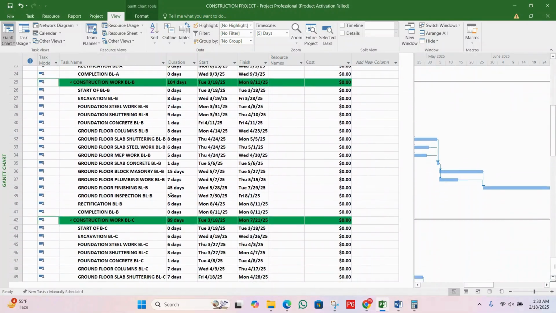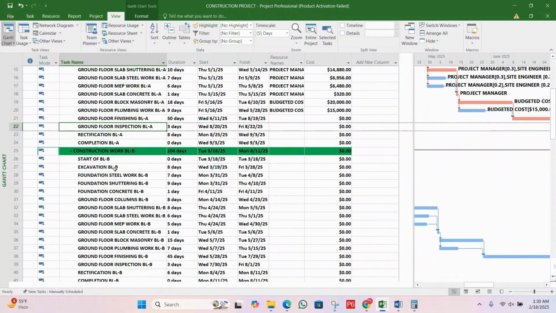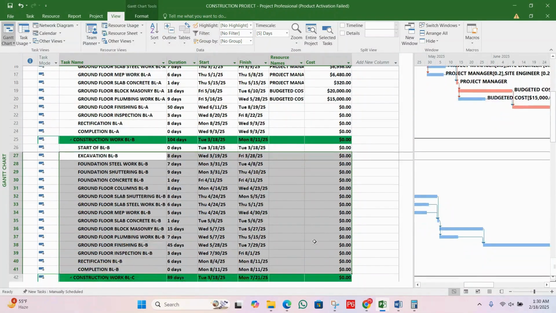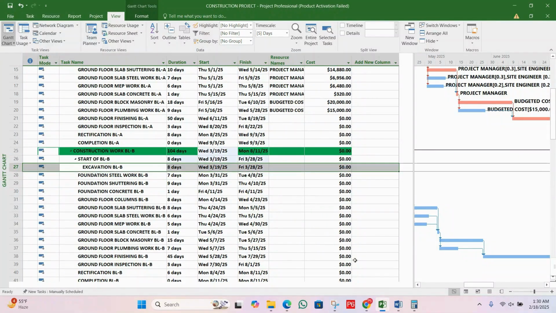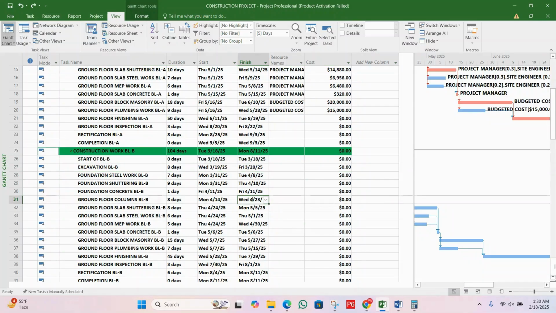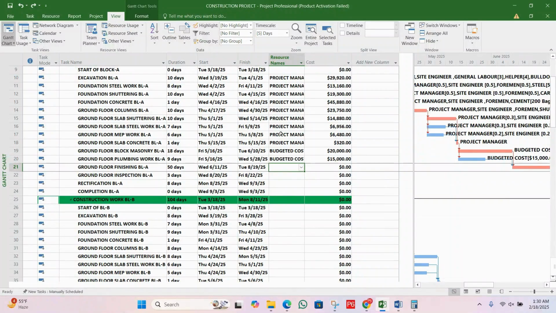I will assign only the resources on construction work block A in this video. Okay, maybe I will assign all the other activities for the B and C blocks and the final phase later on, because reports will be based on the assignment of the cost, like costing reports, cash flow or earned value, etc. Many other reports will be based on your assignment of resources. So you should assign. But in this video, I will assign up to the